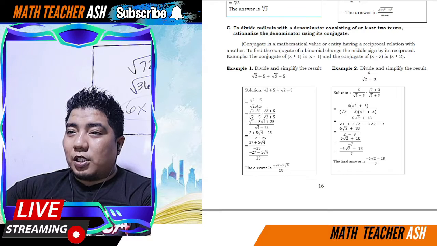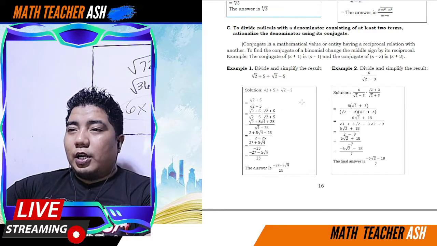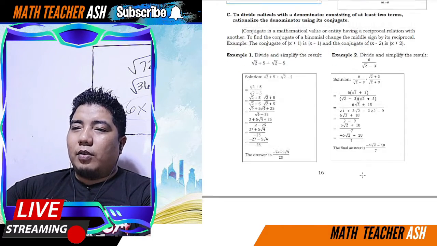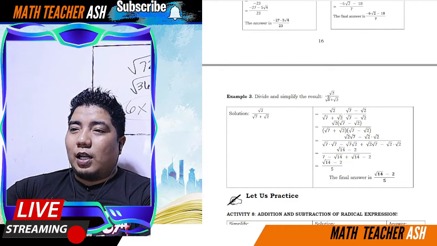Okay? So, nag-multiply siya dito. Okay? Which is just the same as what we did earlier in the simplification. Okay? So, ito naman, conjugate pa rin. Okay? So, ganun lang, my dear math learners. Ito dito, nag-conjugate tayo kasi two separate